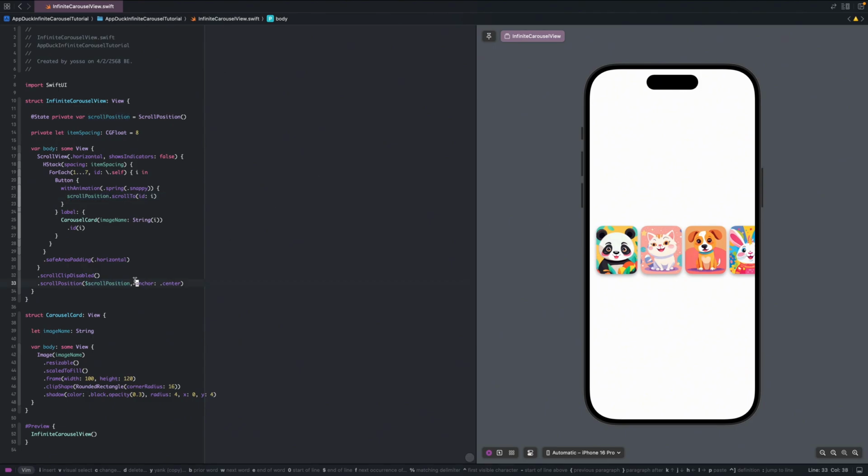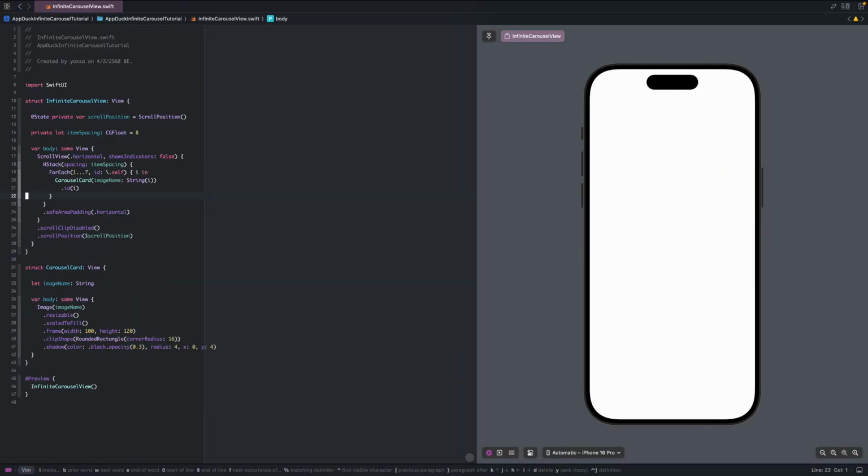Then, okay, I'll remove some code. I remove the anchor and also remove the button. Now we know how to use the scroll position. Then, what we have to do is to move